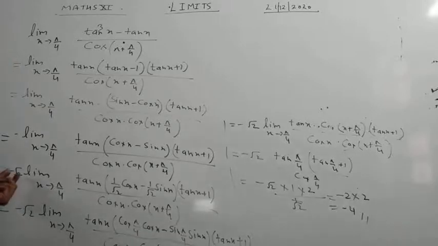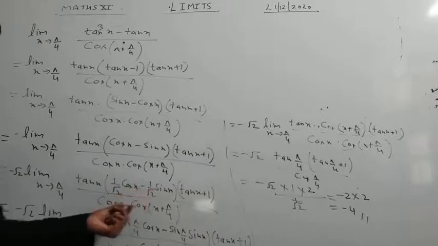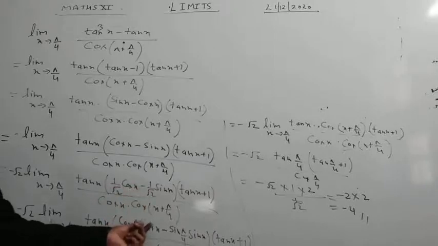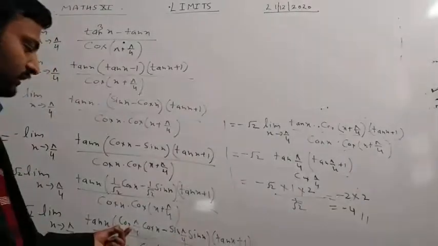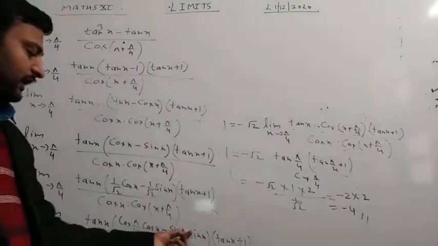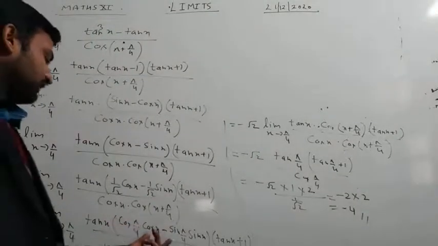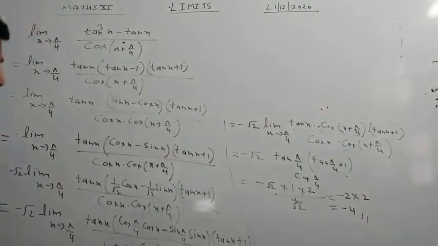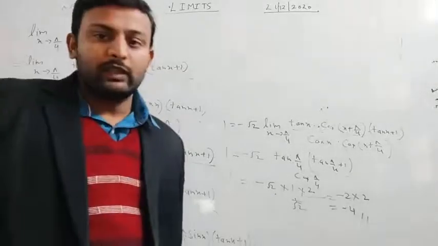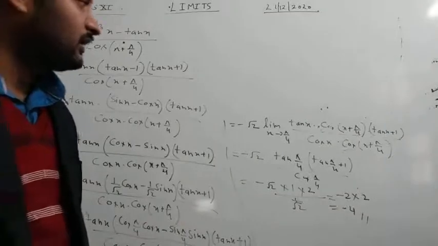Now multiply and divide with root 2 inside the bracket, we get 1 by root 2, and this can be written as cos pi by 4. So here is also sin pi by 4. So this is the formula of cos A cos B minus sin A sin B. So this is cos (A plus B). So in place of this we can write cos (A plus B), student. Now we see that this cos (x plus pi by 4) will reduce from numerator and denominator. This will be cancelled out.